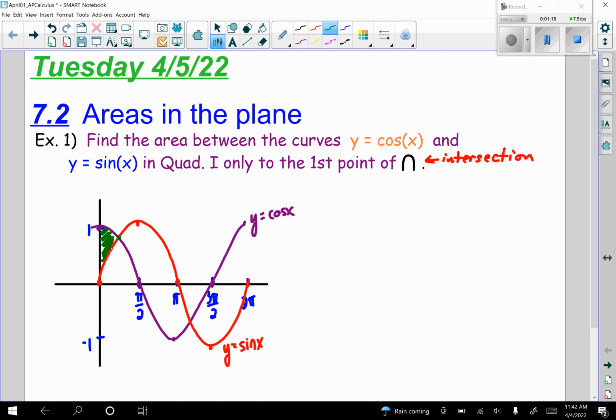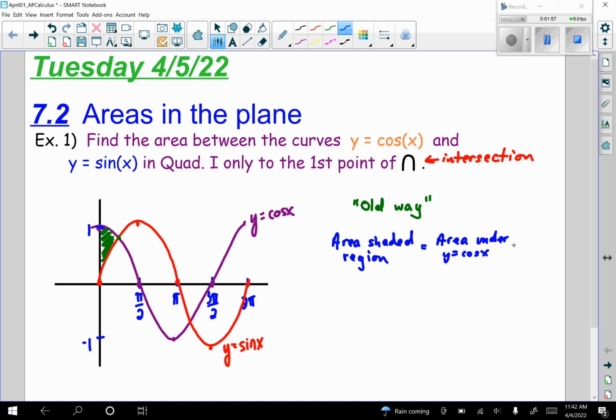So there's two ways to do this. The first way is, I'm going to just call it the old way. And that would be looking at the area of the shaded region is going to equal the area under, so y equals cosine x is above the y equals sine x. So it would be the area under y equals cosine x, so the area bounded by y equals cosine x